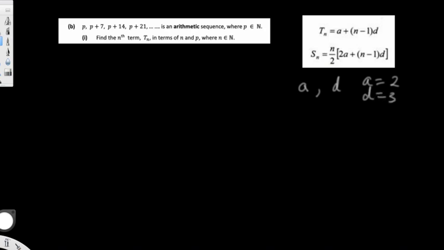So here it is. Now just to remind you about an arithmetic sequence: you have a starting number which we call a, and you have a common difference d, and then you add the d onto the a to get the second number in the sequence, and then you keep adding this d on to get the subsequent numbers in the sequence. So if we had a equal to 2 and d equal to 3,